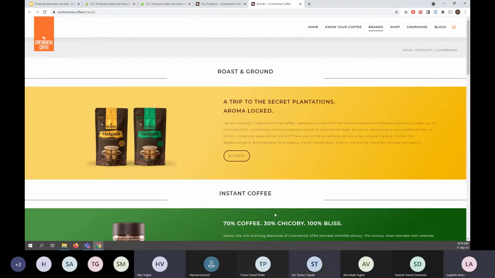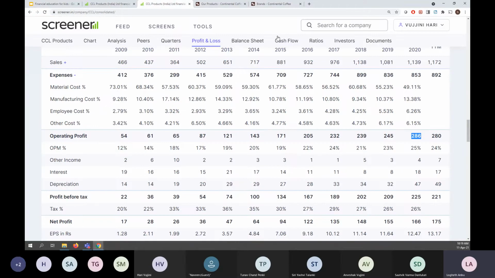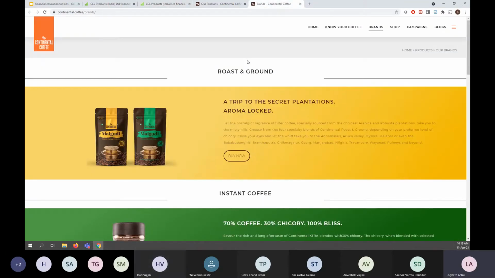I have a question. It's CCL, right? Why is it only Continental Coffee? What does the L stand for? It's Limited. In Denmark, you see these companies with the A/S, right? Similarly, legal entities and businesses in India are mostly called private limited companies or limited companies. There is a little bit of history on why companies are called limited.